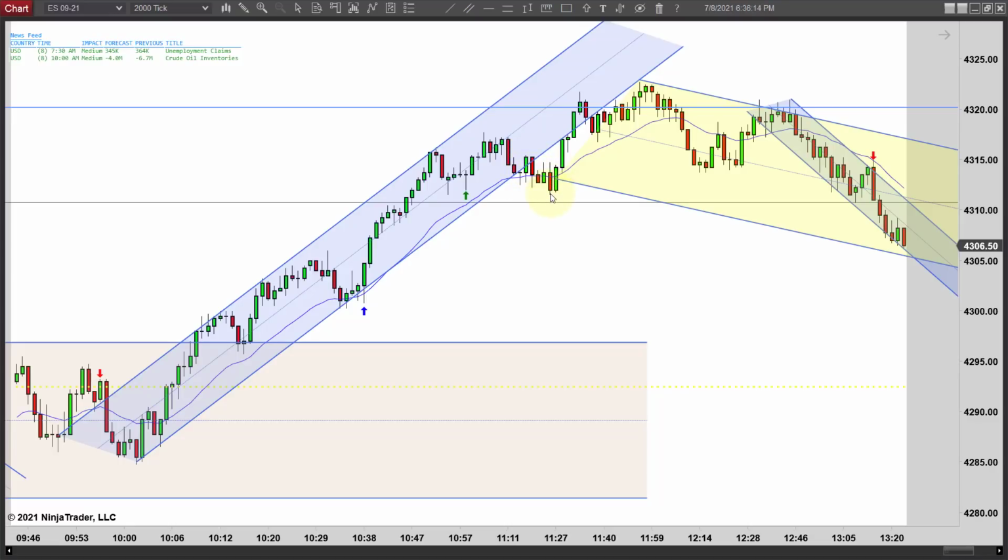We do end up with a little trap here, but again, this is your signal bar. You can't use this green one here, so I just don't see, unless you entered right here, any way to take this trade. You might have entered there, but I wouldn't even count that as a second entry because that's just sideways and it looks like a drop down. But you could look at this